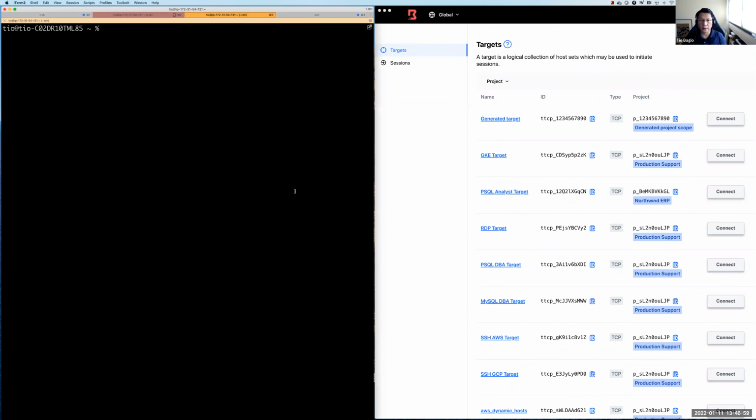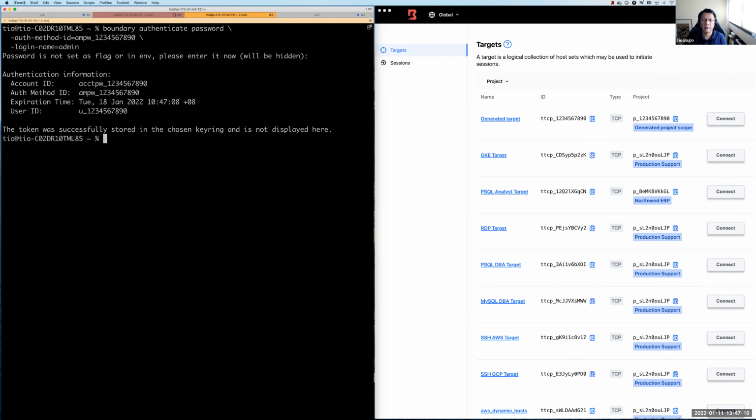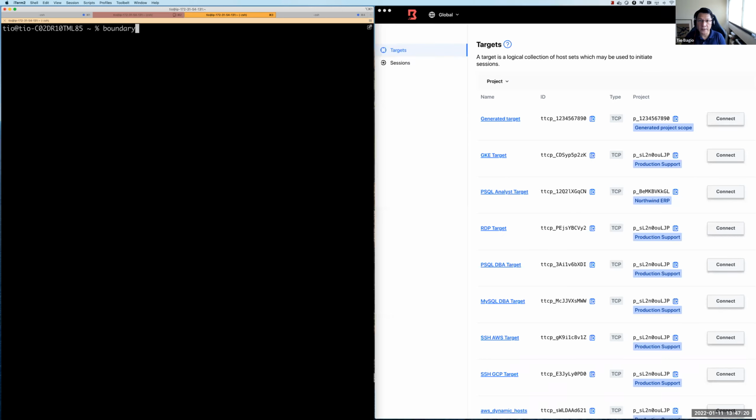And I can do the same thing on my command line. So just authenticate to Boundary first. Right, then upon successful authentication, I can connect to any targets that I have access to. So let's do that by issuing a Boundary connect. In this case, I want to SSH into the target that I just created, which is the AWS host, and give it a